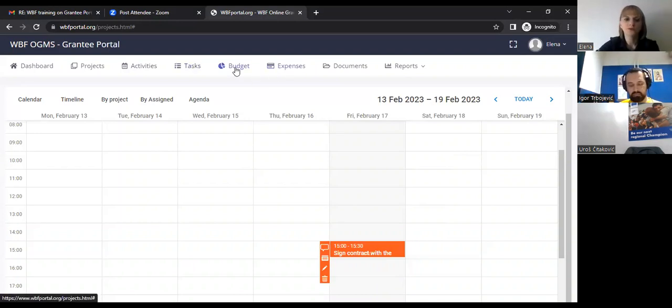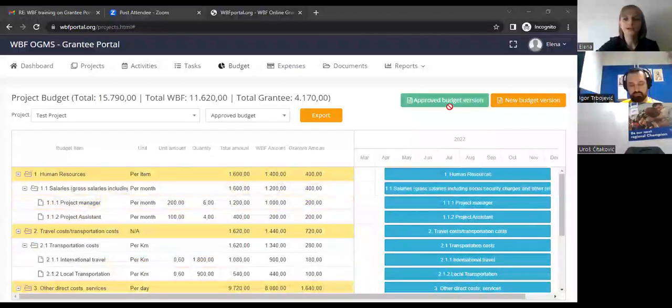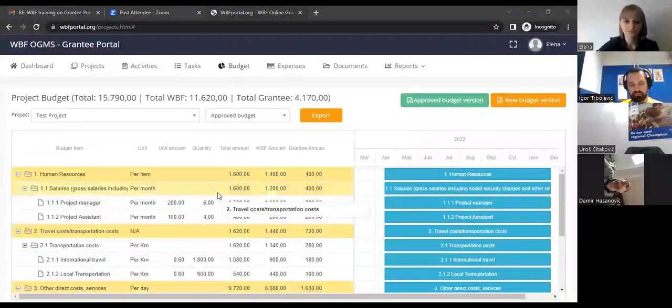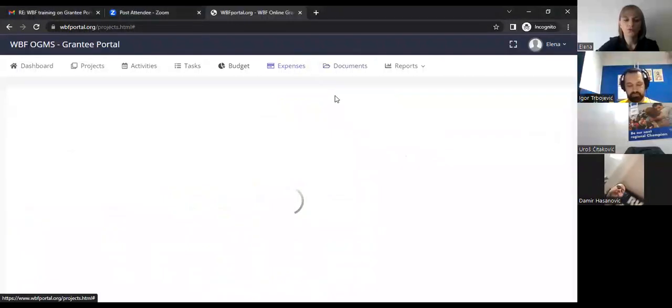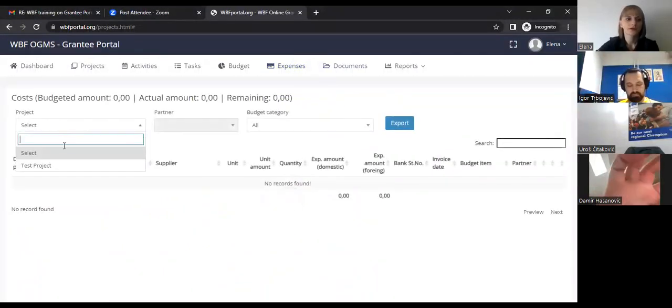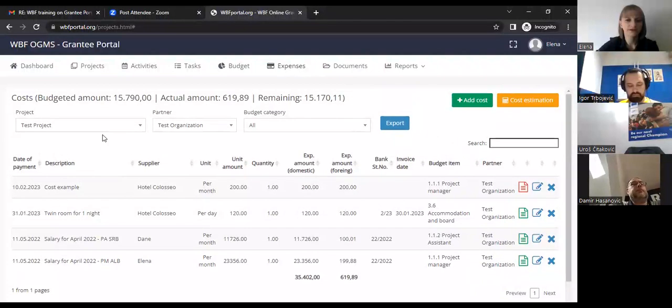Then we go to the budget section, where initially you have the budget from your application form, and you need to create a new budget version. Later, I will show you how to create a new budget version. Now we go to expenses. We select the project, the partner, and we have a list of some of the expenses that have been made